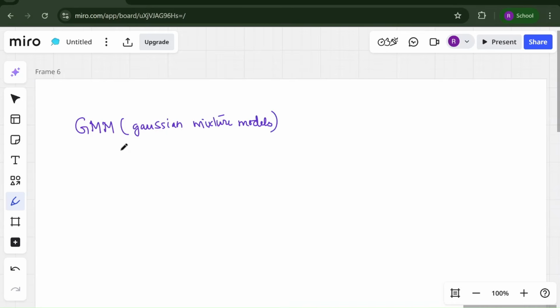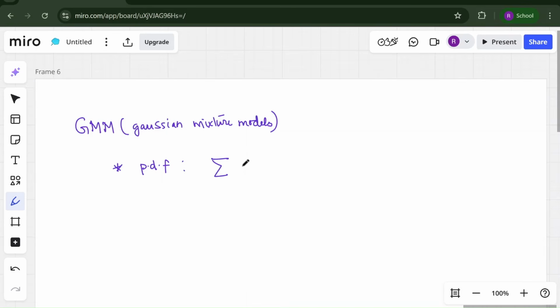Okay. So first of all, what are Gaussian mixture models? The idea of Gaussian mixture models is actually very simple. In fact, you only have to know about its PDF. PDF is not the book wala PDF, it is the probability distribution function. Okay. So the PDF is given by